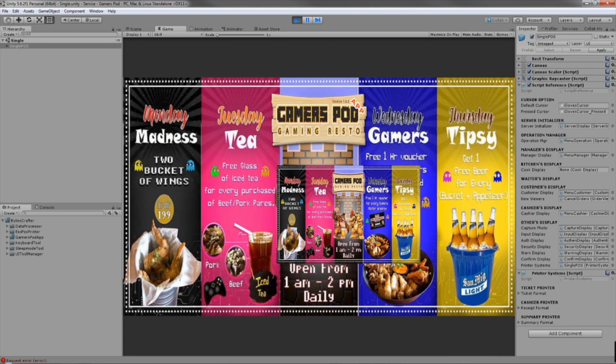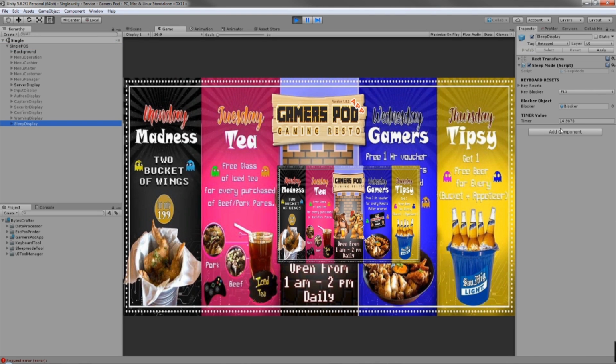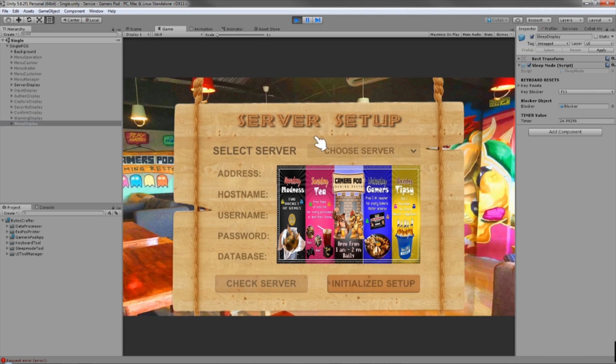As you can see, I also have a sleep display. The sleep display should automatically display within this timer, but if the mouse moves, it always returns, so that the sleep display will not be activated. If the timer is equal to 0, it will be deactivated. So that is the basic mechanism of the sleep display.